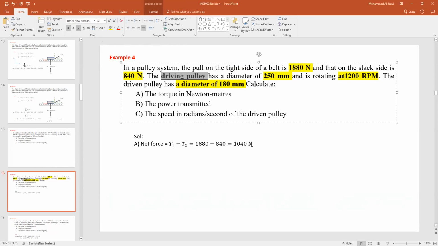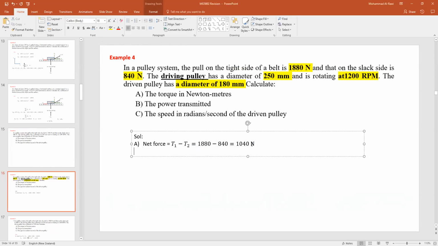Therefore, if I want to calculate the torque, so the torque equals to what? The force we found times the distance. Since the distance is the pulley's diameter to the center of it, that will be, for example, the force we found, 1,040 newtons, multiplied by